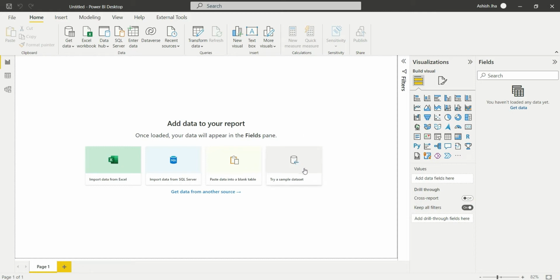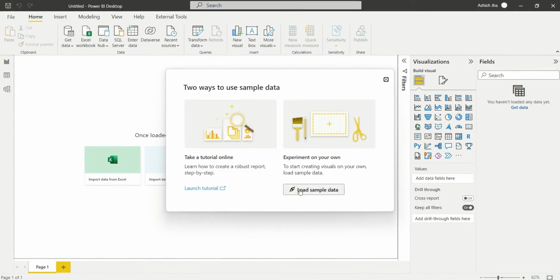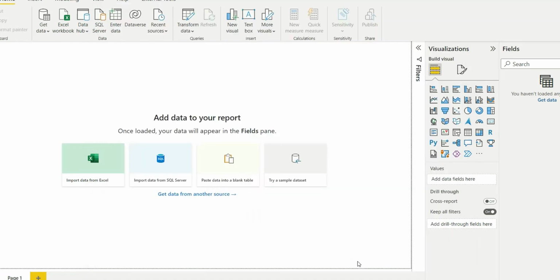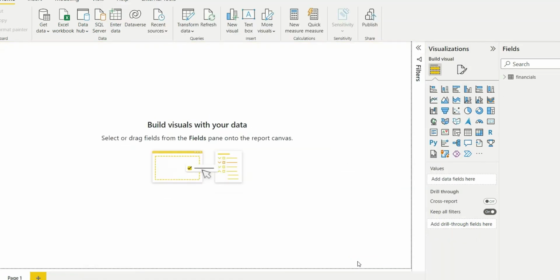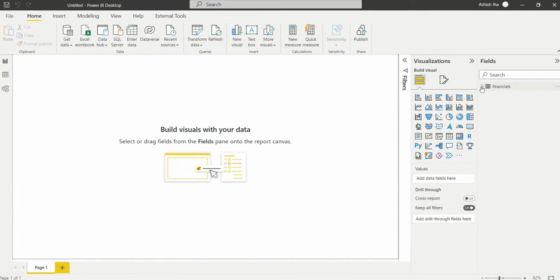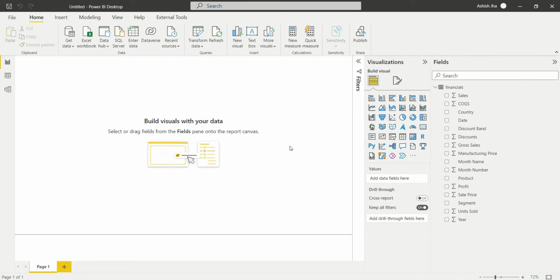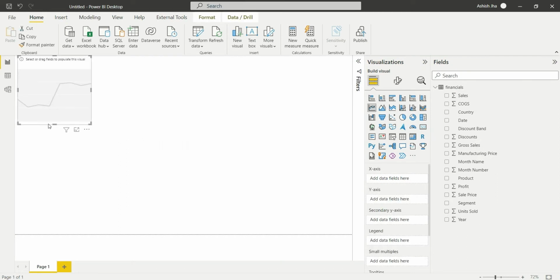So let's download a sample dataset. So here we have financial dataset. We will load this and we have the data model. Let's take a line chart